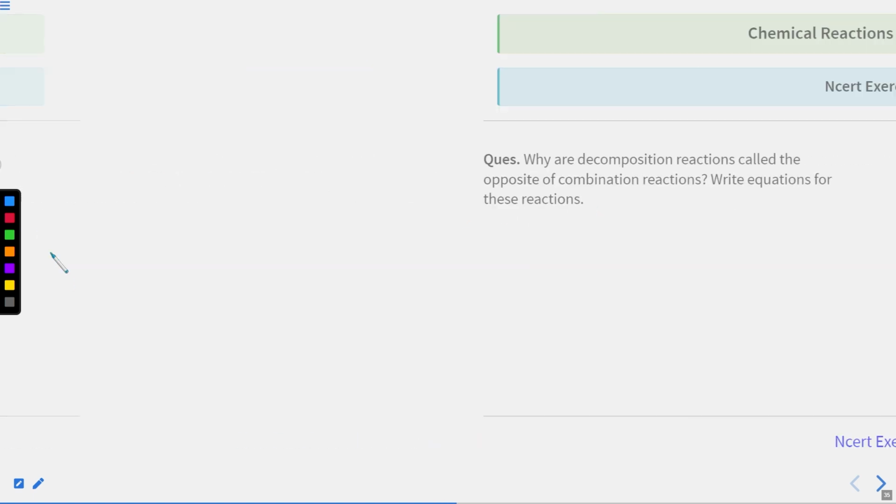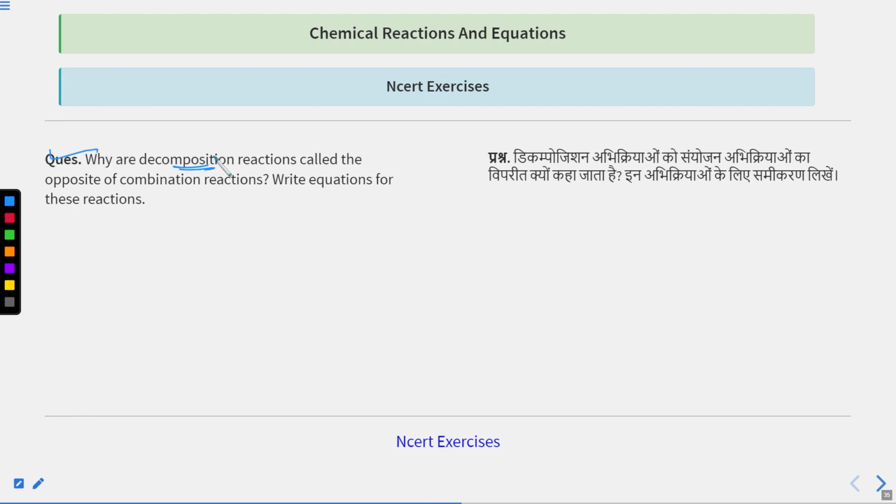Let's move to the next, which is a very interesting question. Why are decomposition reactions